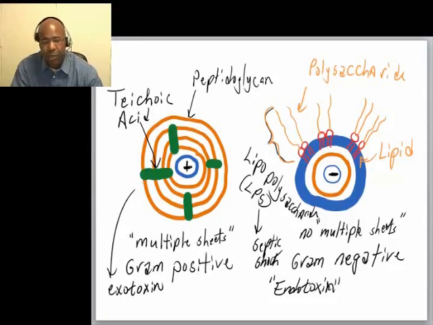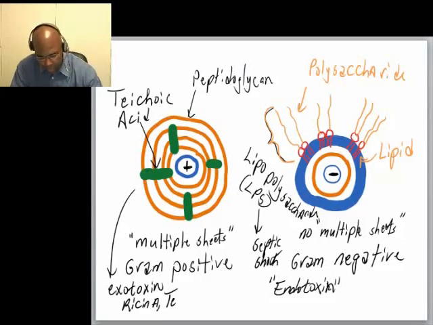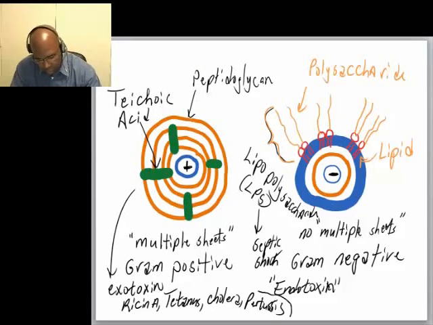Some exotoxins include ricin A, which is an exotoxin, and tetanus toxin, which is also an exotoxin. These are proteins. What else? Oh, cholera toxin is an exotoxin, and so is pertussis toxin. And these are all exotoxins released by